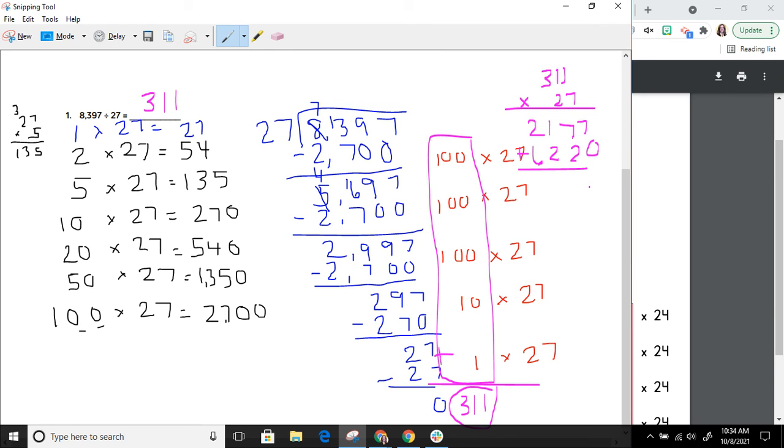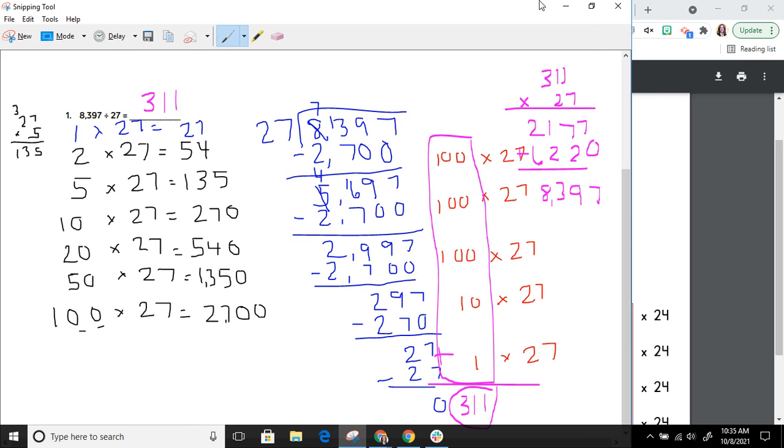So 7 plus 0 is 7. 7 plus 2 is 9. 2 plus 1 is 3. And 2 plus 6 is 8. 8,397. We have the right answer. So 311 is correct. So this is how you use partial quotients to solve division problems. It's a lot of steps. I understand that. So that's why you want to make sure you have scratch paper to do your work so